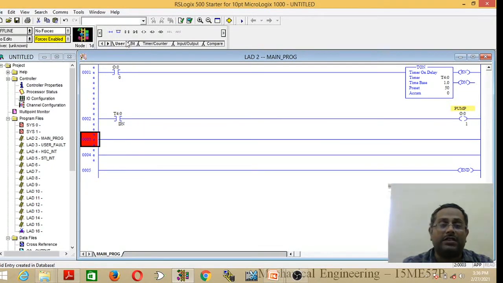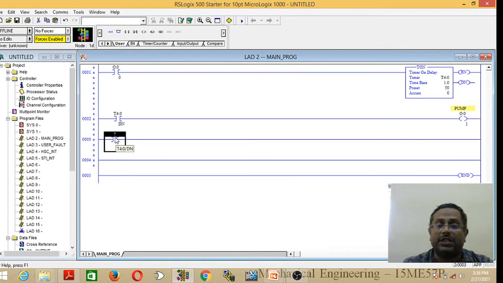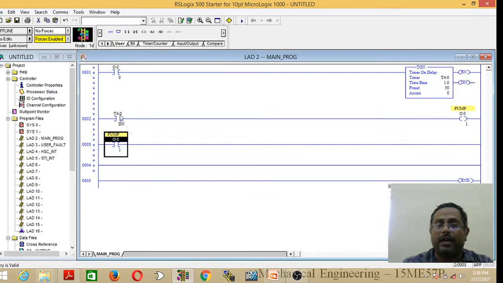For that we first have an open contact in the next rung. Give the address of the pump, O:0.0/1, and once the pump starts, this will enable and it will go to the first timer.